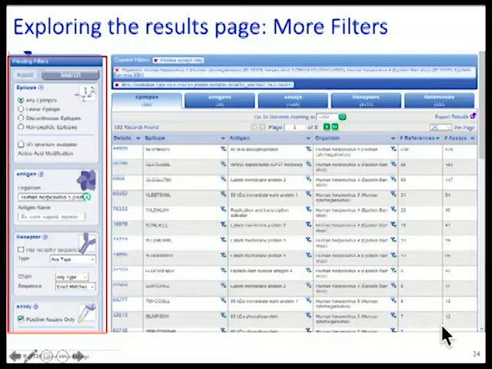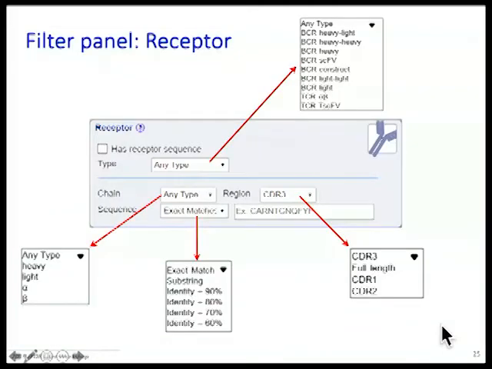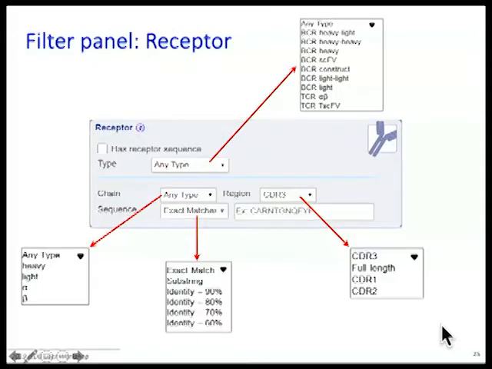And then the antigen search pane is the same as the home page. But the receptor search pane is new. It doesn't exist on the home page. It lets you search for the sequence type, just anything that has a 3D receptor, I mean, receptor sequence information, if you want to start there and just see what's known. And if you get a lot of results, then you might narrow it to specific antibody or TCR types, the